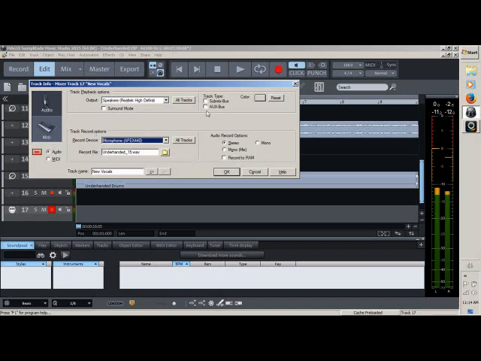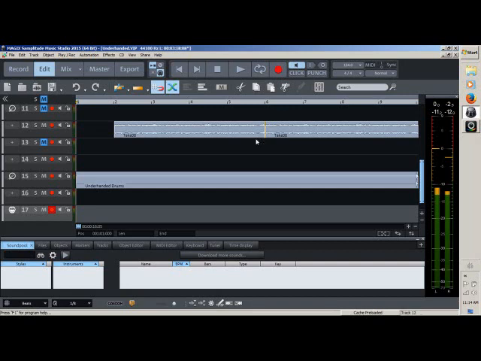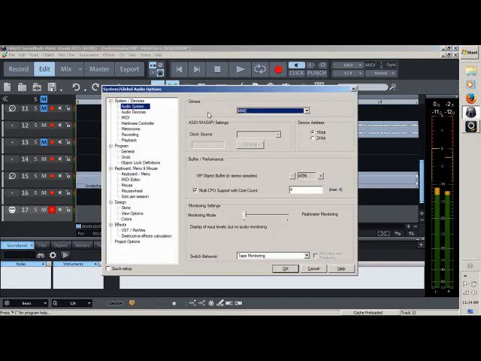It was probably that way before because I was using the Apex on a lot of these tracks. But if you don't see that your Apex or your microphone is there, hit the Y button on your keyboard